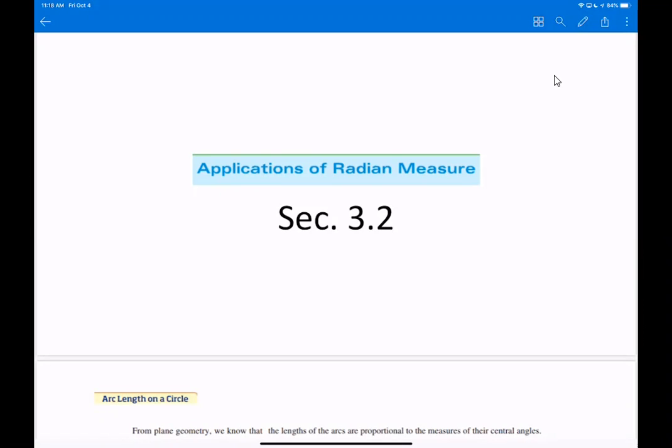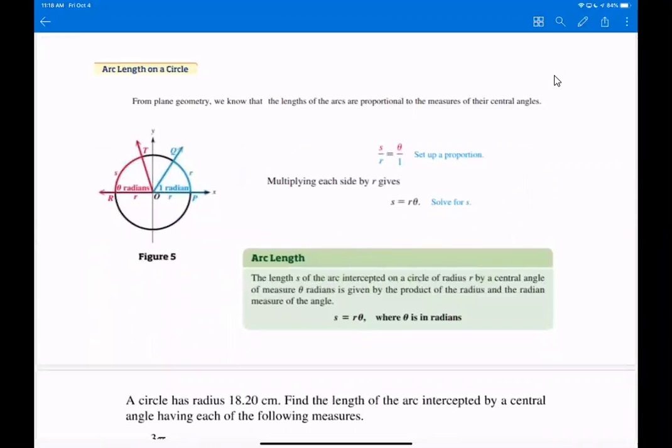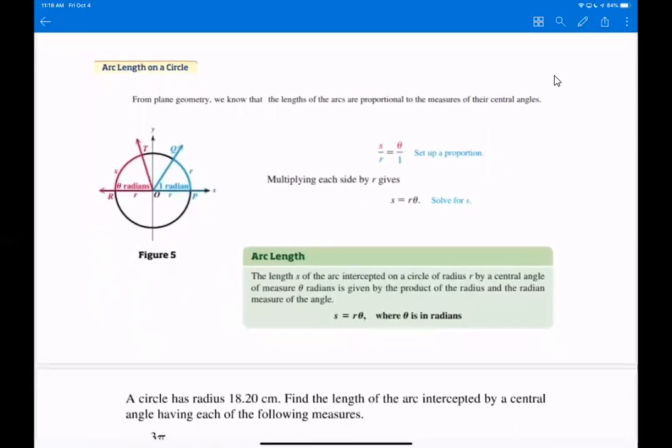In this mini lesson, we're going to look at applications of radian measure. This is 3.2, and in this, we're going to look at what is called the arc length of a circle. If you remember from plane geometry, we know that the lengths of the arcs are proportional to the measures of their central angles. So if we look at our circle over here, notice that S is our arc length